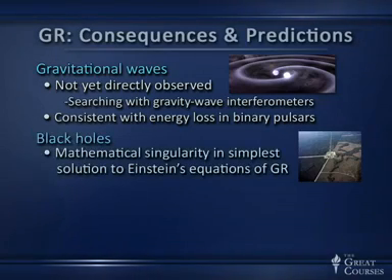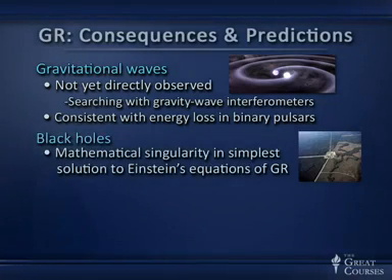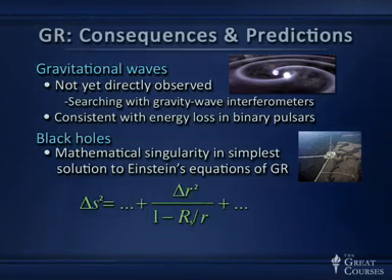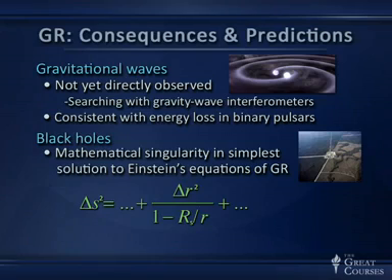Another consequence that everyone's heard of are black holes. Black holes actually arise from a mathematical singularity in the solution to Einstein's equations when you worry about what the gravitation looks like around a spherically symmetric object. And if you try to write out something like that delta S squared, that space-time interval that I talked about in the lecture on invariance, you find that there are a number of terms in it, but one of the